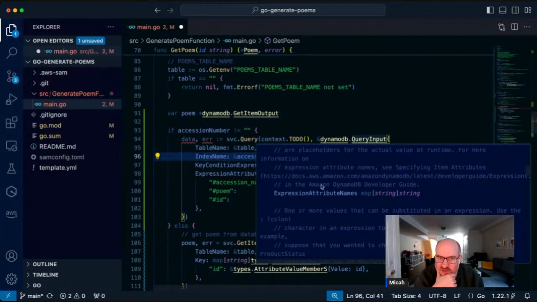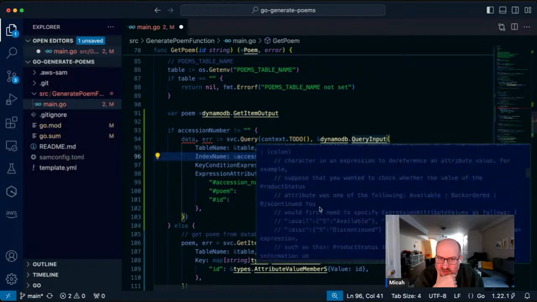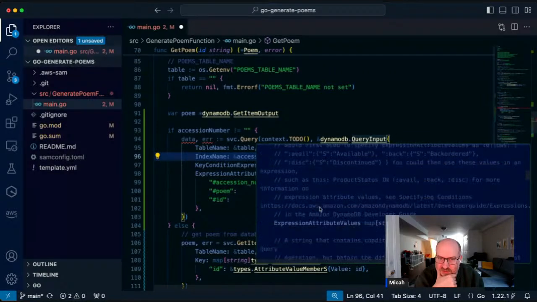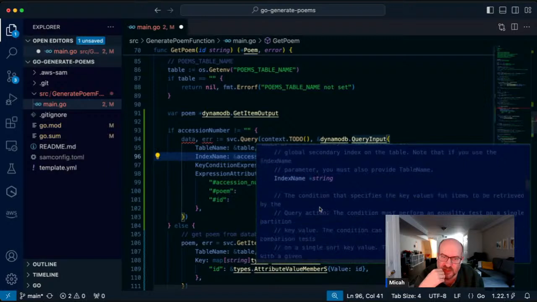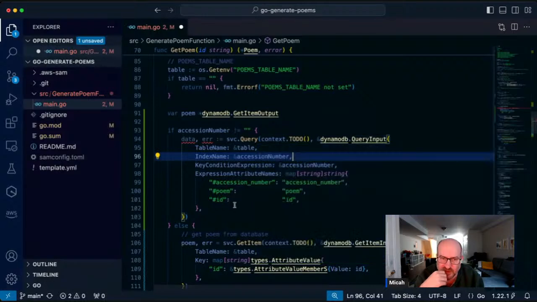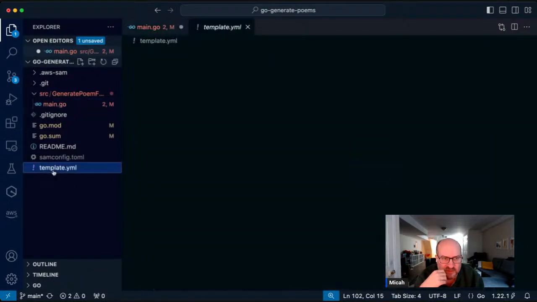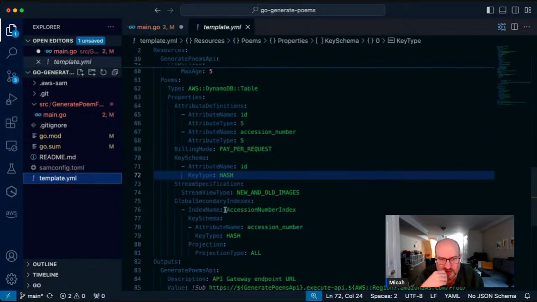I don't think we need this either. Interesting. Okay. Filters, no. Index name we do need. Yes. So what did we make the index name? Accession number index.